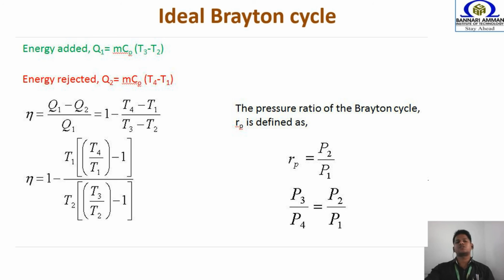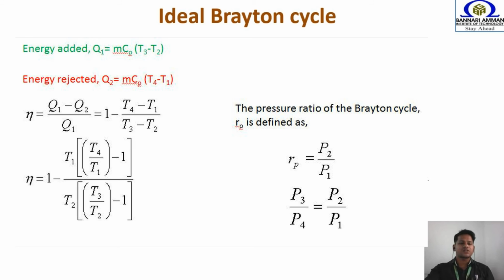Now instead of this Q, we can go with temperatures, so that we can have the temperature relation like this. Again, we have so many parameters. You see here, we have 4 parameters to find out the efficiency. It is not in the easiest or user friendly form to find out the efficiency, right? So we are going to simplify this form. Efficiency is dependent on 4 parameters, so we are going to modify this equation to get a simplified form.